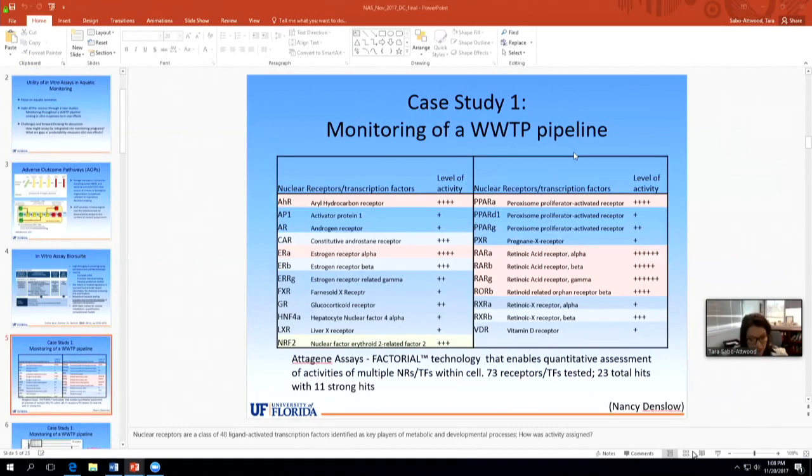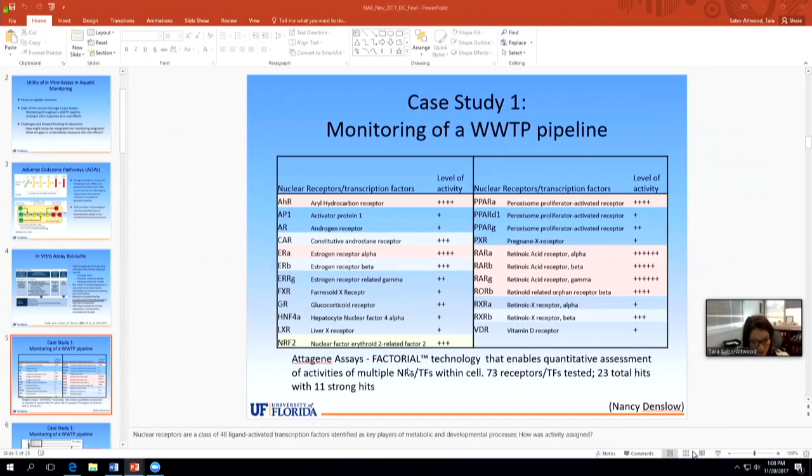The first study was published within the last year or two by Escher et al. And Nancy Denslow was involved in this, where they tested, using a round-robin design, several types of cell-based bioassays to ascertain their suitability to benchmark water quality and to assess efficacy of water treatment processes. They looked at 103 unique bioassays that are being used in ToxCast or Tox21 screening.